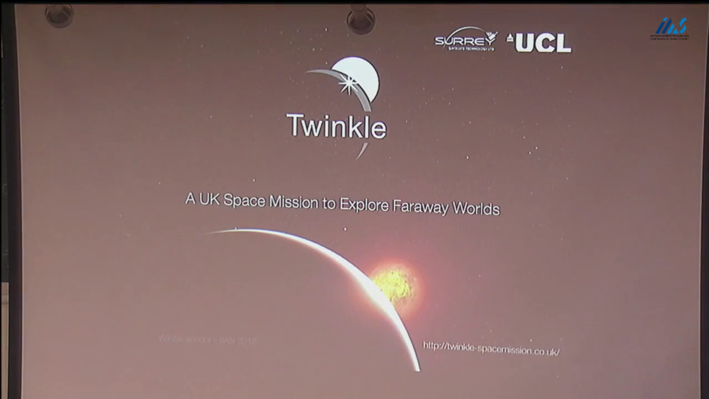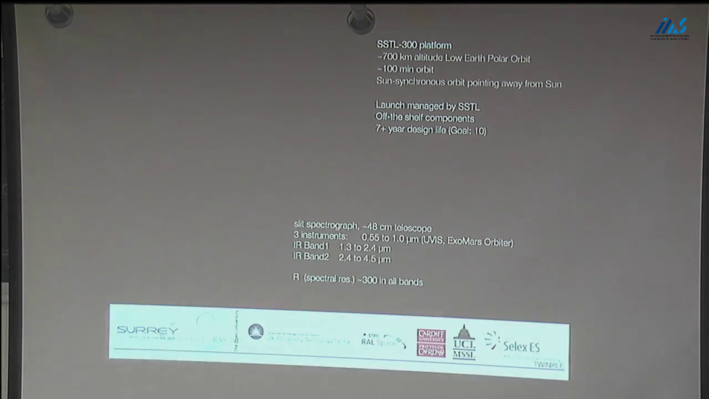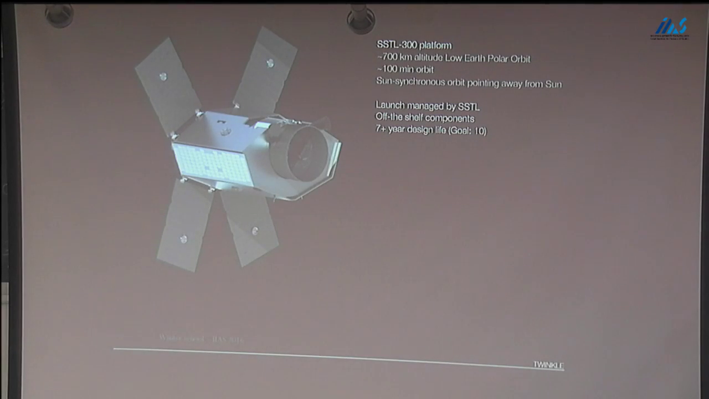Okay, so the other mission concept that we're working on is a much smaller mission concept. We're talking about Twinkle. Twinkle is actually a concept for an off-the-shelf platform coming out of SSTL platform that